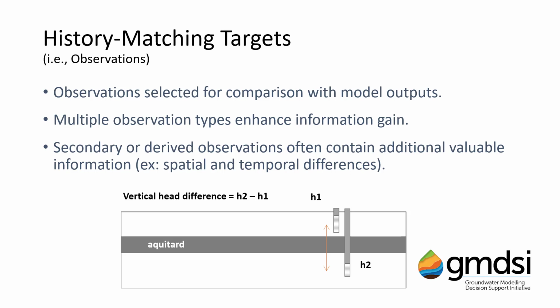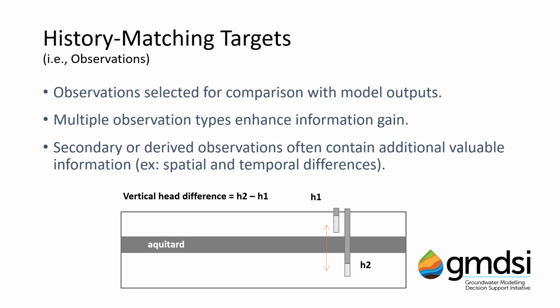In an automated parameter estimation context, this requires additional software or scripts that automate the post-processing of model outputs into these secondary observations. Of course, the modeler can write the software themselves, and given the highly variable context in which groundwater modeling is often applied, this is by far the most versatile solution. So any groundwater modeler who has skills in software development or writing their own code, whether it be Python or Fortran or other, will always have a leg up.